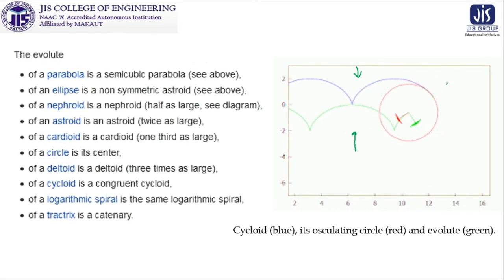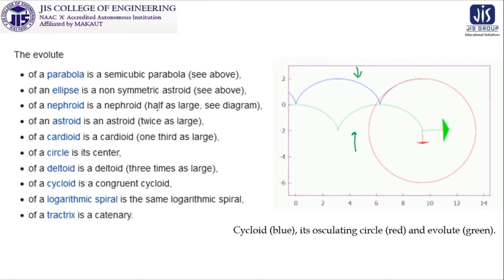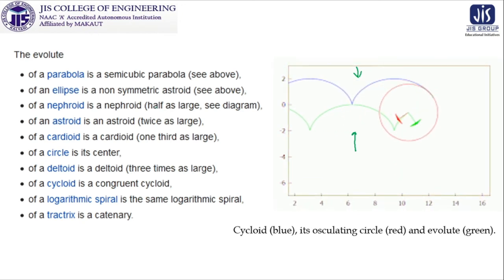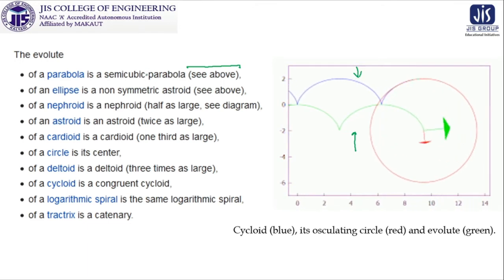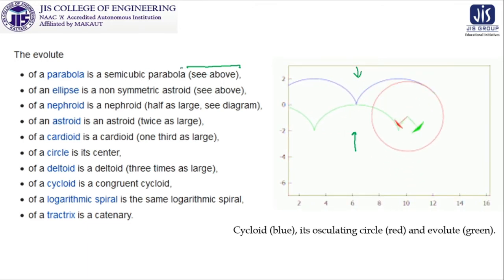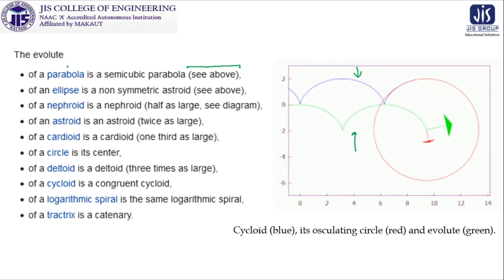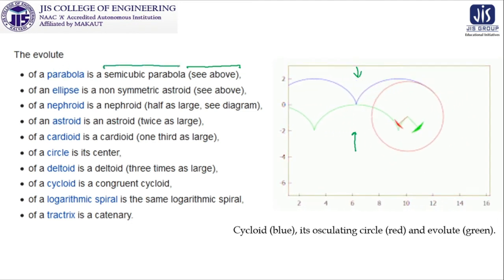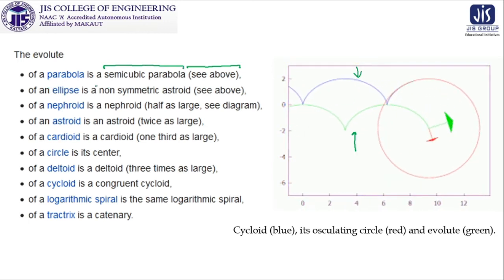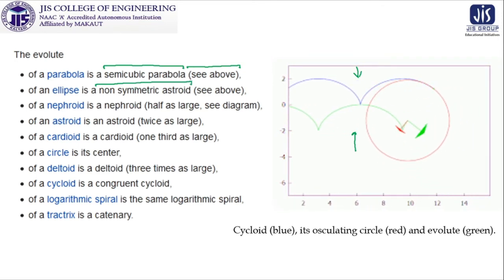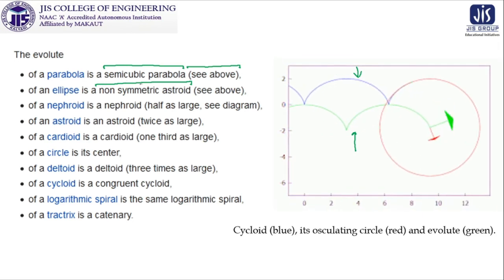Now there is some information taken from Wikipedia. It is compact information from which you will be able to get this one. There, this C above is not relevant because I have taken it from Wikipedia, but you can go there and check this particular information. So the evolute of a parabola is nothing but a semi-cubic parabola. The evolute of an ellipse is nothing but a non-symmetric asteroid. That means the structures that you are generating have these names.